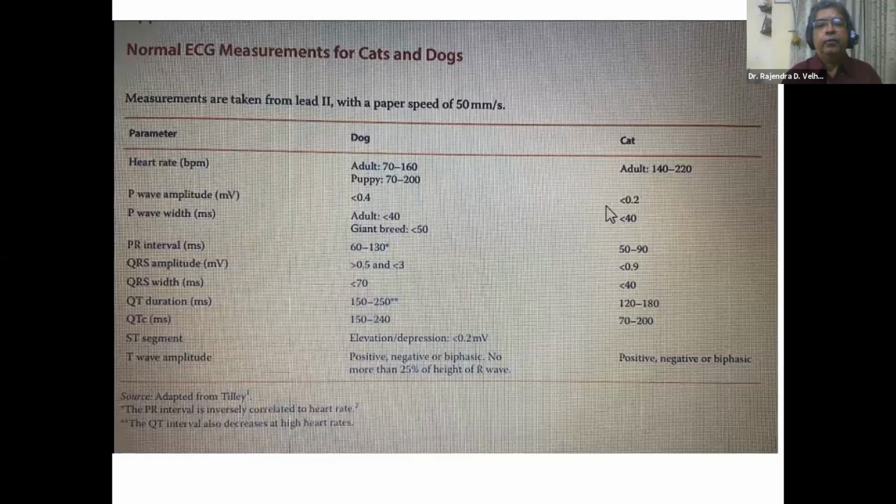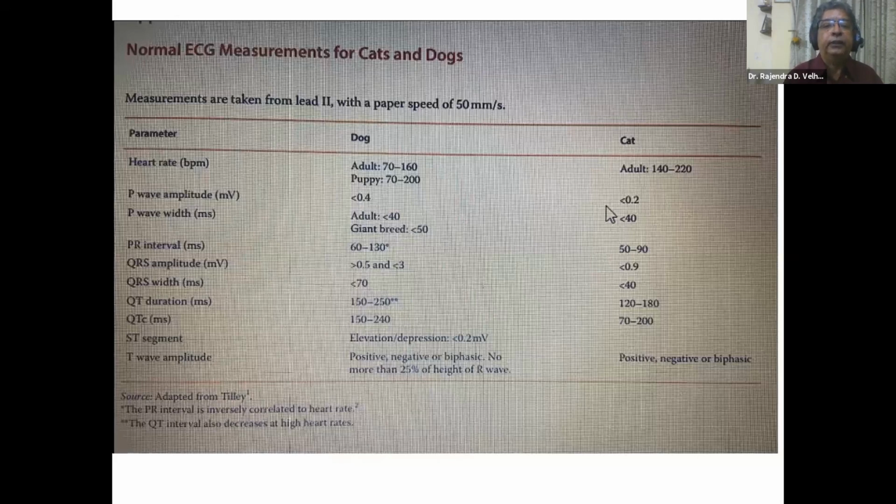So friends, so far we have seen the morphological alterations in the waveforms of the dog, which can give you an indication. In other words, by observing, measuring and interpreting these waveforms properly, the ECG rhythm strip can speak with you and give you the clue regarding what is going wrong with the heart of the dog.